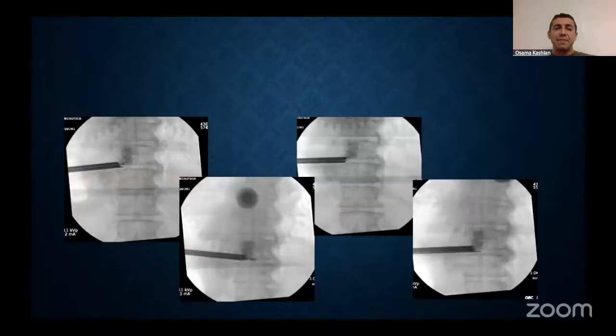As you can see, this is at the end of the case. After you're done, you're able to go very lateral if you need to. That's what the first picture shows. The second picture shows the instrument that I had past the midline. On the third one, you could see how inferior you could go, and then the fourth one, you could see how superior you could go.